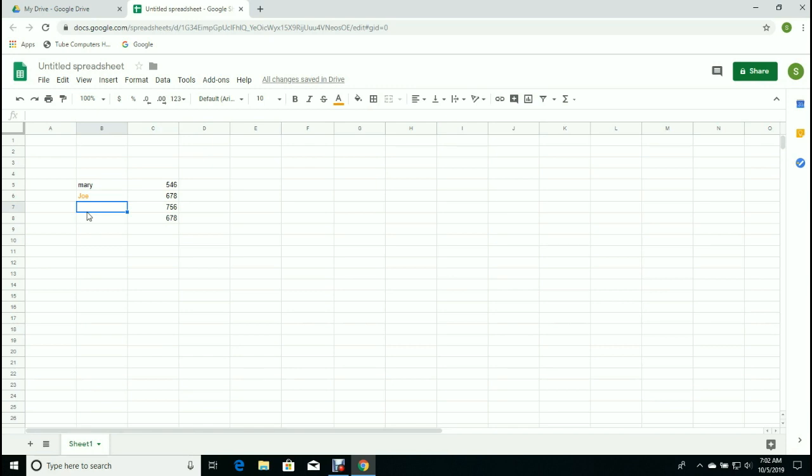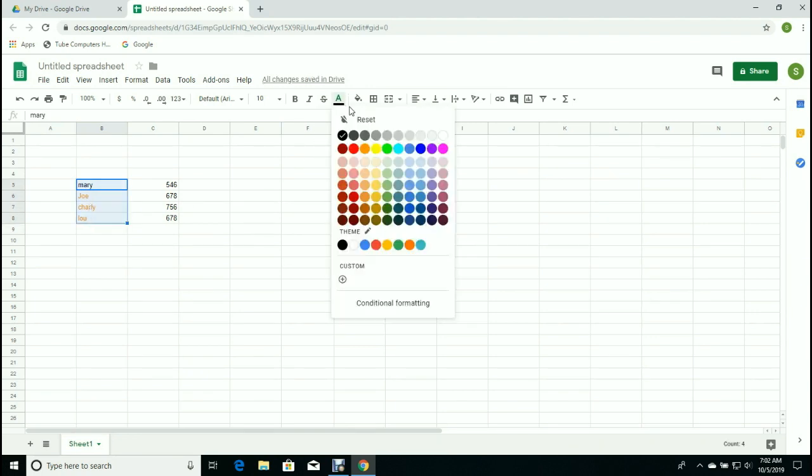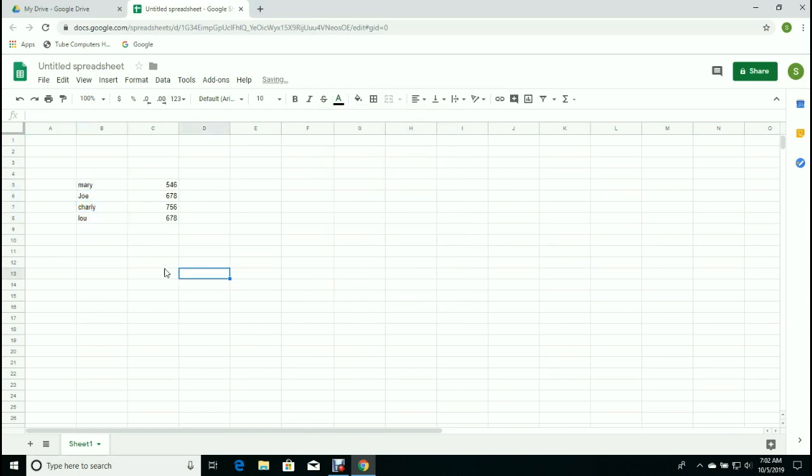I'll show you how easy that is. Okay. I'm going to make them all black here. Okay, I'm going to take this right here, highlight it all, the names and the numbers,